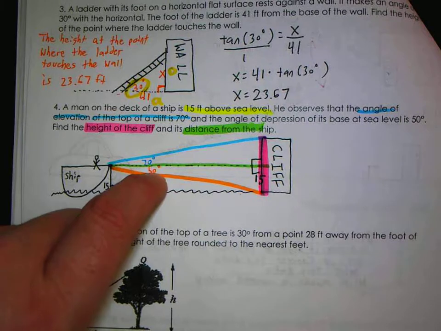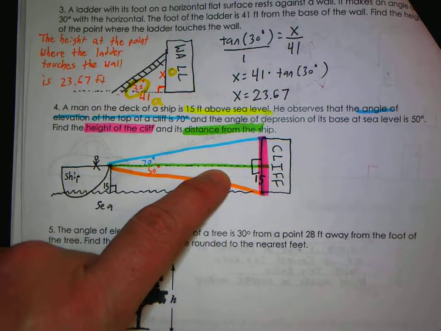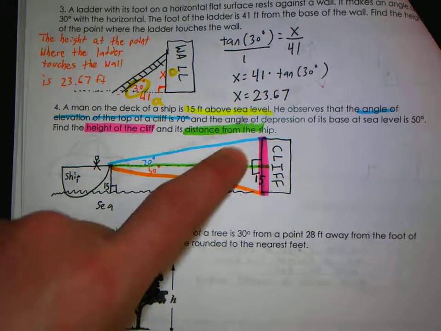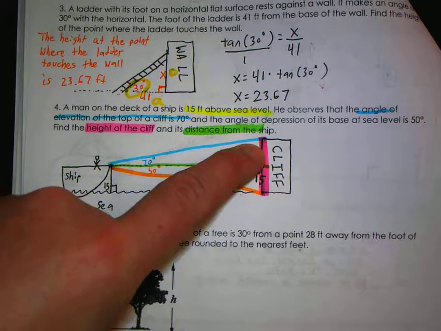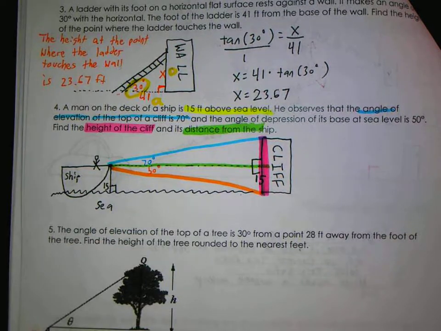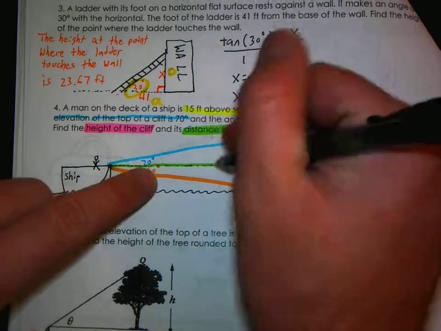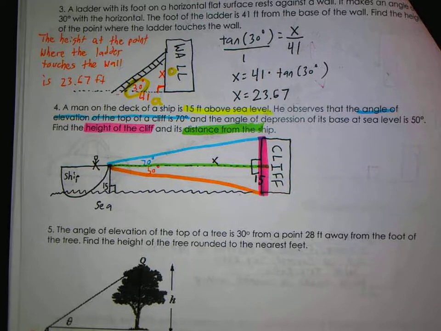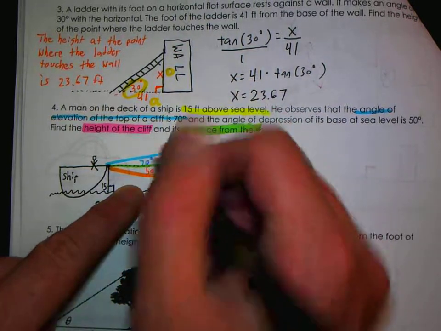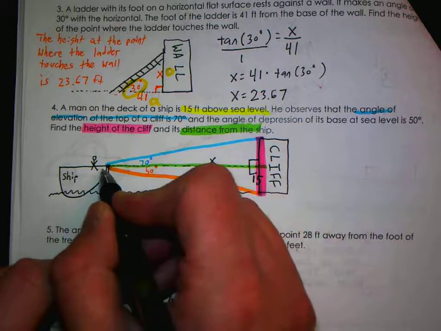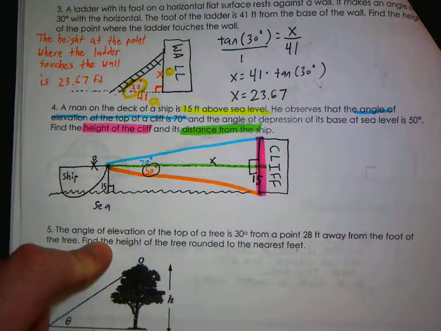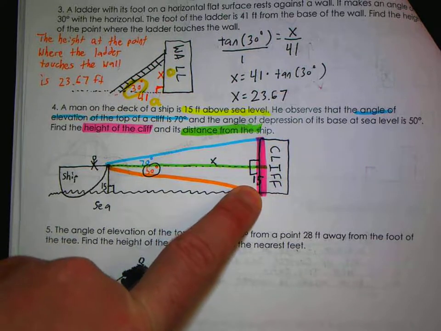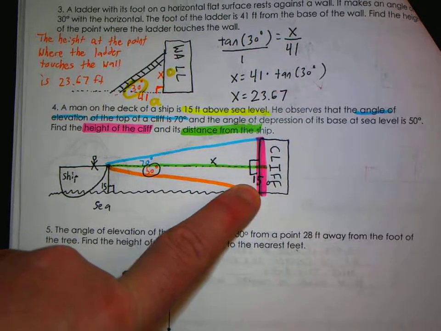So again, I'm going to use this 50 degrees and this 15 to find the green. And once I have the green and the 70 degrees, I can use that to find this piece of the pink. So I'll have this piece plus the 15, which is the total height of the cliff. That's what we're going to do. So first, let's find this, which is distance from the ship to the cliff, one of the things they asked for. So here is my reference angle, right? So I'm going to use 50 degrees. 15 is my O, and X is my